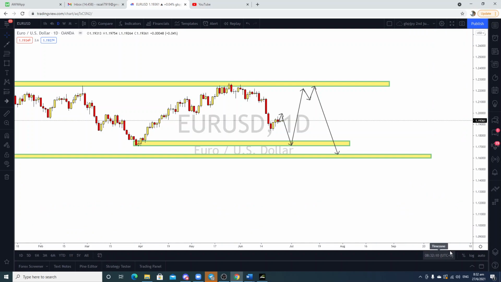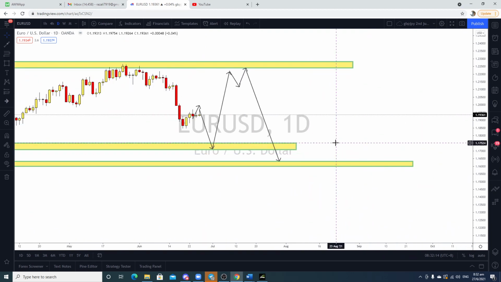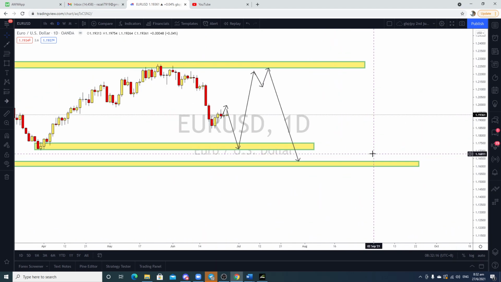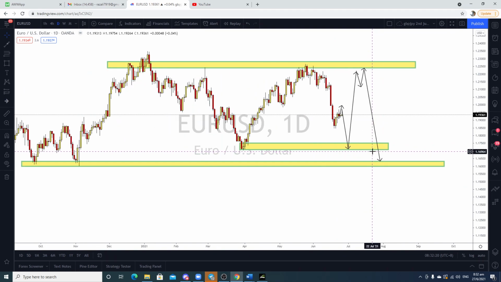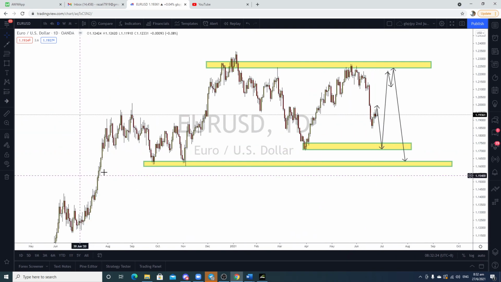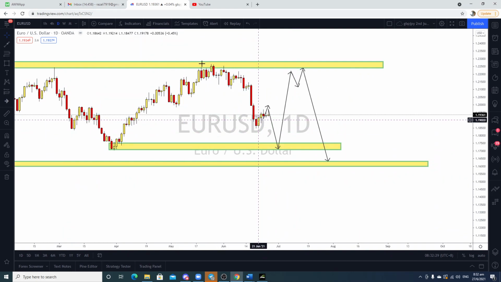Okay, first of all, if you look at Euro USD right now, so this is our daily trend, right? This is our daily higher time frame trend. So what is the higher time frame trend doing here? In the higher time frame trend, we are trending? Nope, we are downtrending, right? Why are we downtrending? Because of this bearish pressure. Am I right? Okay, so we can see this is the last high that it's ever made.